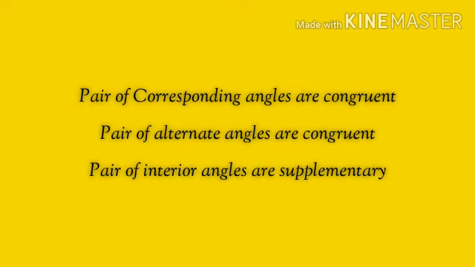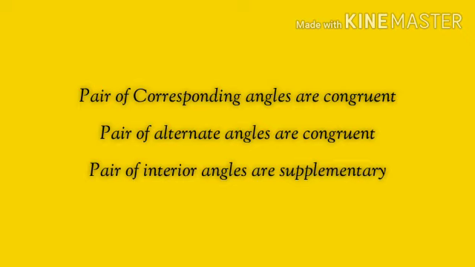So, the pairs of corresponding angles made by two parallel lines and a transversal are congruent. Similarly, the alternate angles made by two parallel lines are congruent, and the interior angles made by two parallel lines